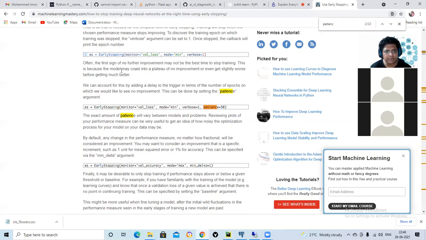This is because the model may coast into a plateau of no improvement or even get slightly worse before getting much better. We can account for this by adding a delay to the trigger in terms of the number of epochs on which we would like to see no improvement. This can be done by setting the patience argument.